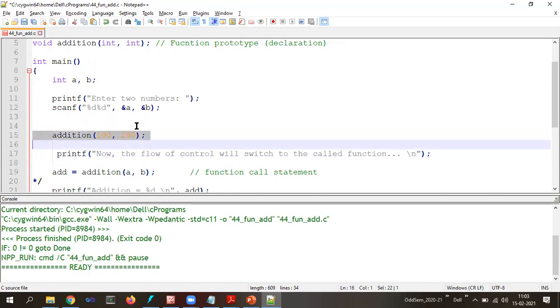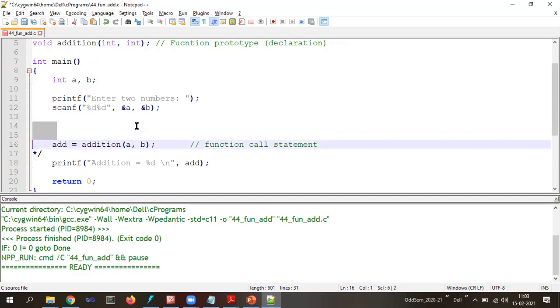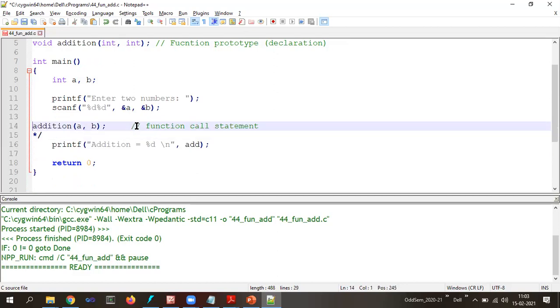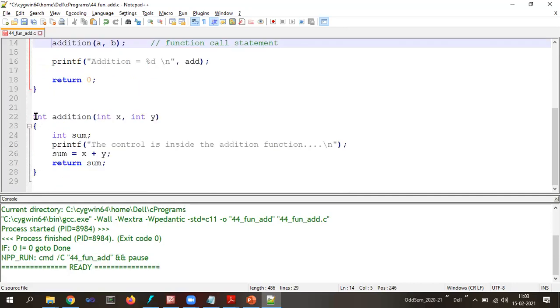We take out this line as well. This also I will remove, make it a little simpler. Now, the function call will look something like this, like addition A comma B. Because it is not returning anything, I don't require anything equals to before the name of the function. Okay, and then here, what should I change this into?